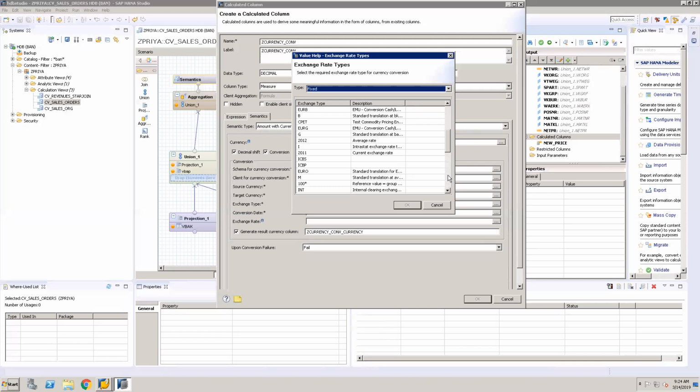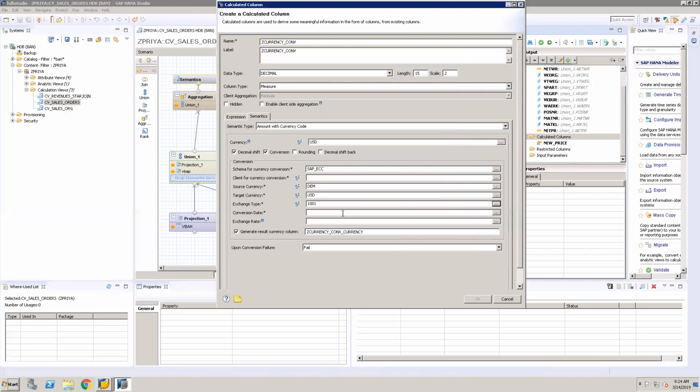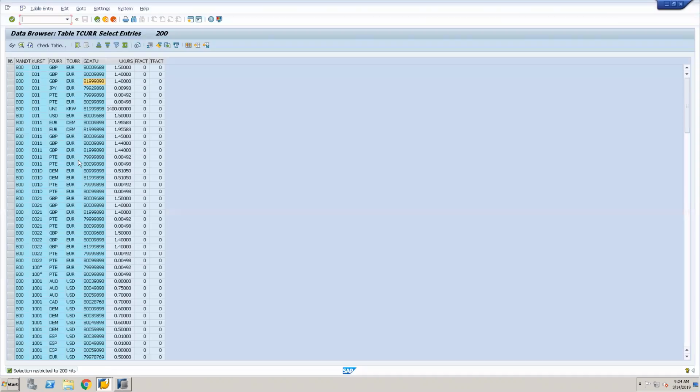You can select from the available exchange types, 1001. It's there. Here 1001, and date 8003, 9898. So basically we have to check the TCURR table, and then we have to give the